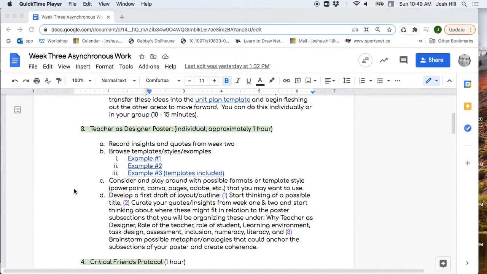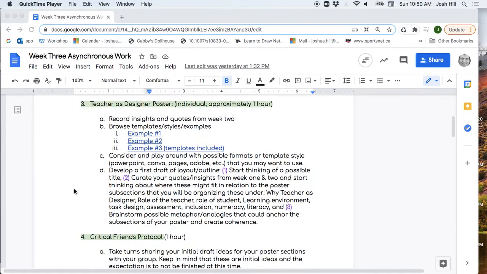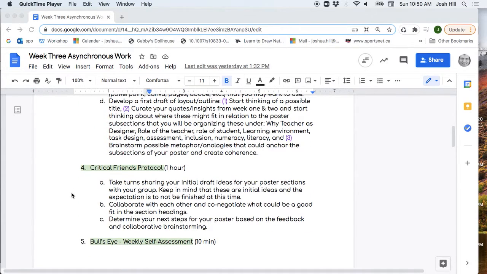After you've had some individual work time as organized by your group, you will come back together to build shared understanding. Again, a big window of time. I'm envisioning here that you spend time negotiating understanding of the different headings. You may get some feedback on your beginning ideas for organization, how you're thinking about your thesis and the coherence of your poster through the format and the graphic imagery, etc. But a lot of the time can be sharing how you're conceptualizing teacher as designer and the different subheadings.